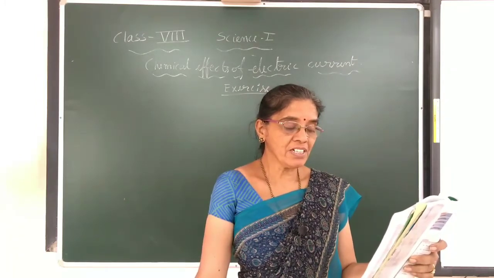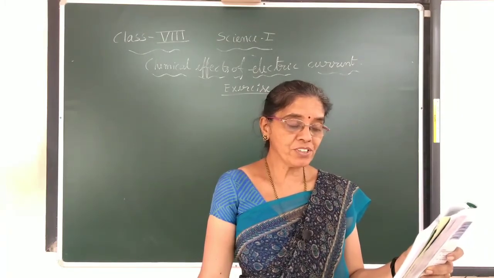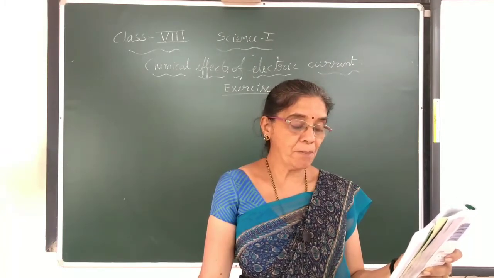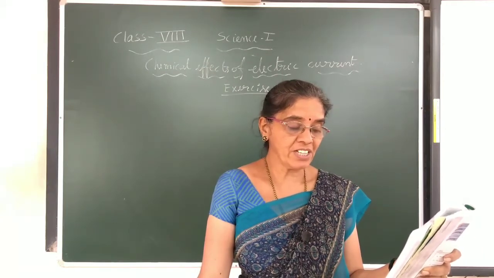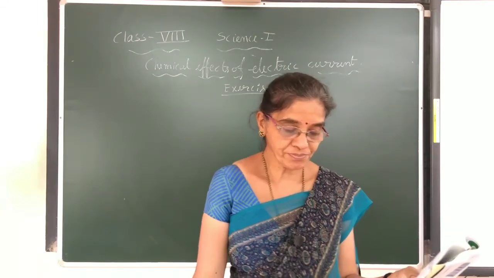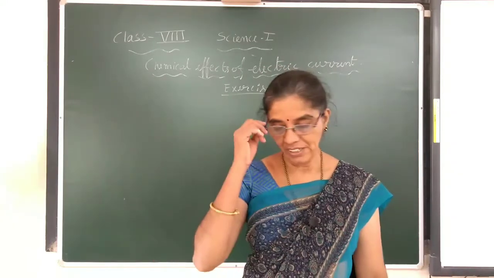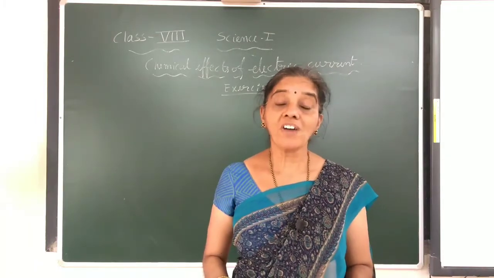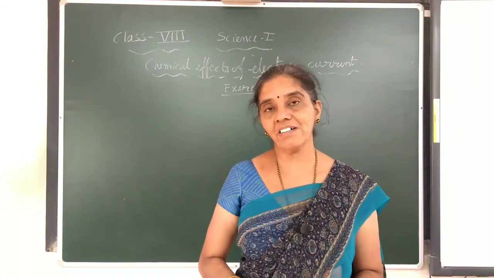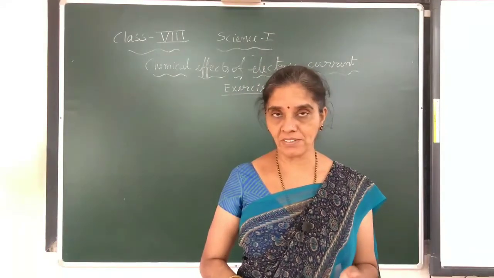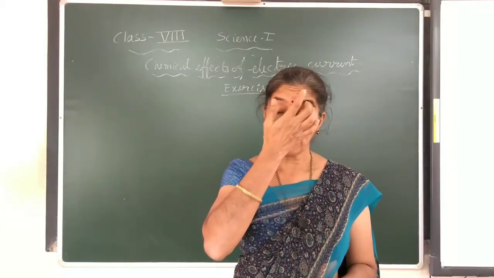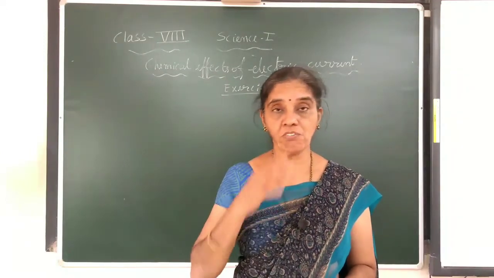Seventh one, in case of a fire, before the firemen use the water hoses, they shut off the main electrical supply for the area. Explain why they do this. Fire accidents can be caused by short circuits or other electrical hazards. Imagine the fire is caused due to electrical reasons. Now the firemen will come and want to pour water.